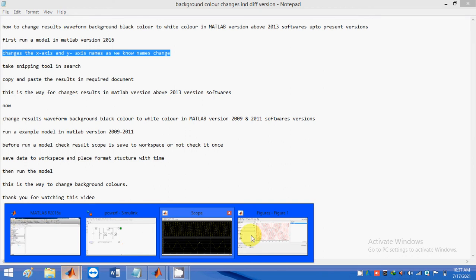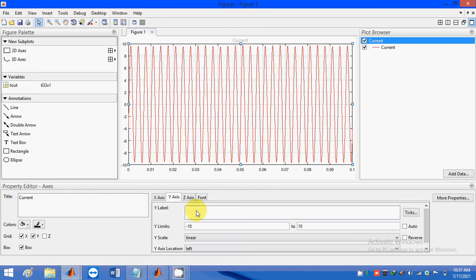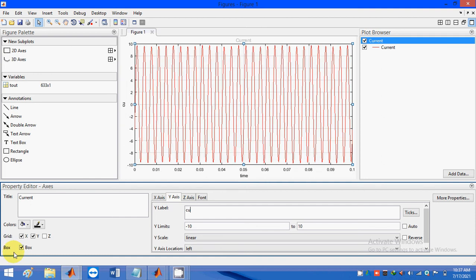I will show you how to change the x-axis and y-axis. Suppose this is the current waveform. In x label, take time as the variable for the x-axis. For the y label, take current parameter as the variable.